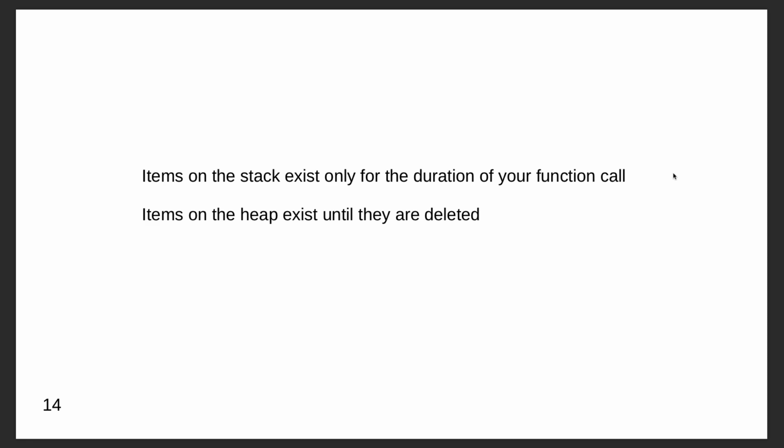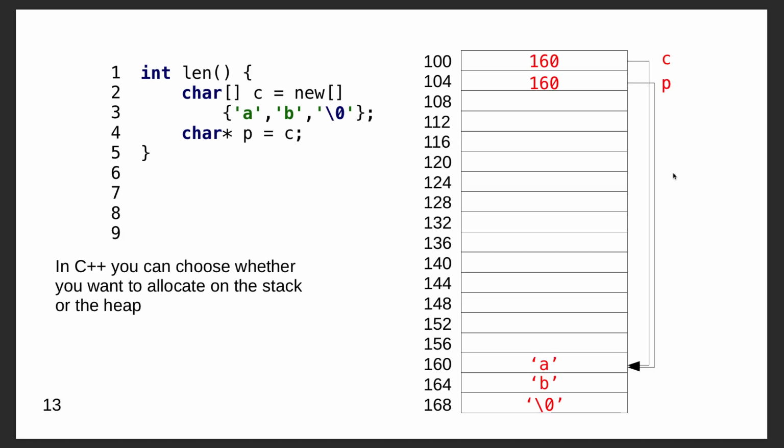Has anyone ever heard of a memory leak? Yeah, what's a memory leak? When something which you give memory to is finished, but then never returns that memory back, and thus you've lost memory forever. Yes. And so a memory leak is when I allocate something on the heap, like this array,